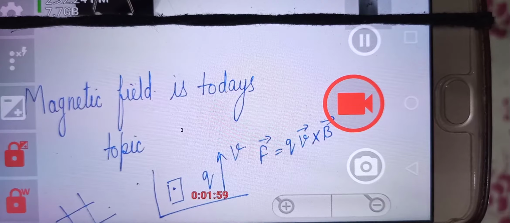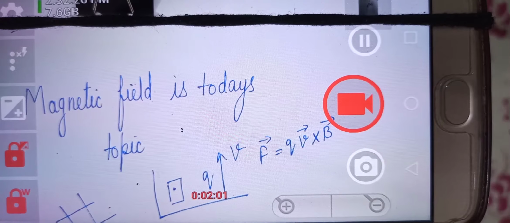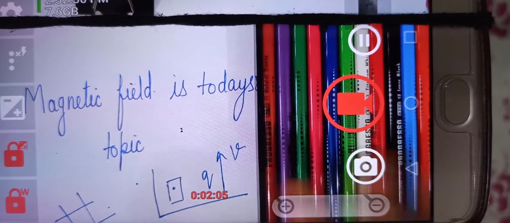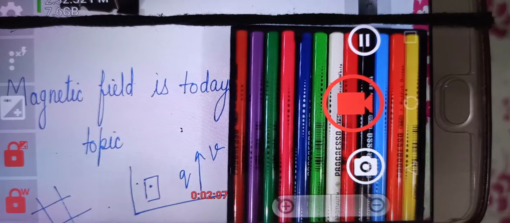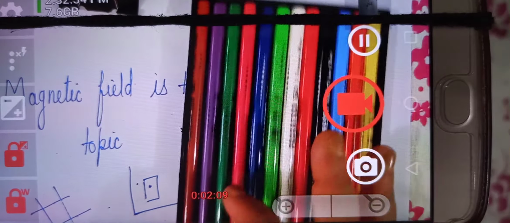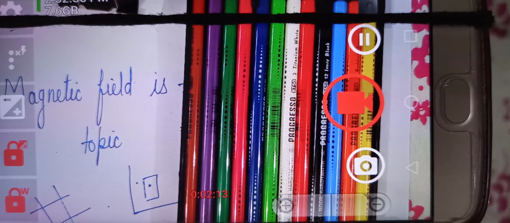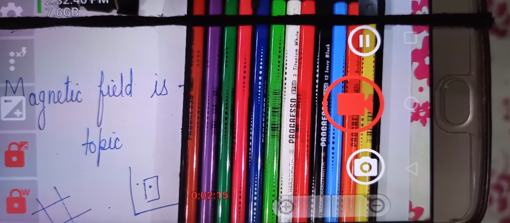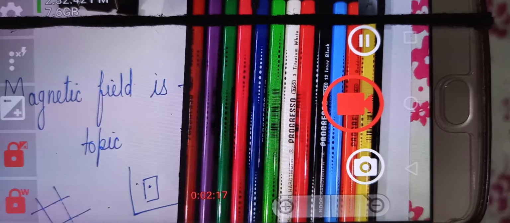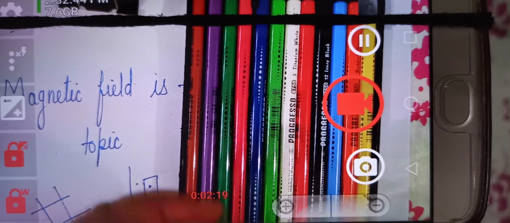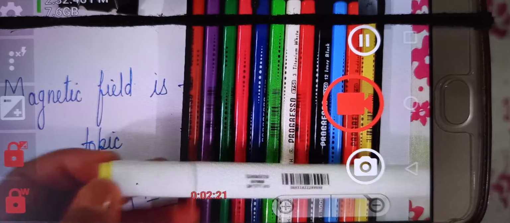I use colored pencils to make the content interesting, because I have to draw a lot of diagrams to explain the physics concepts, and there are some thick pens also. So it's not mandatory.